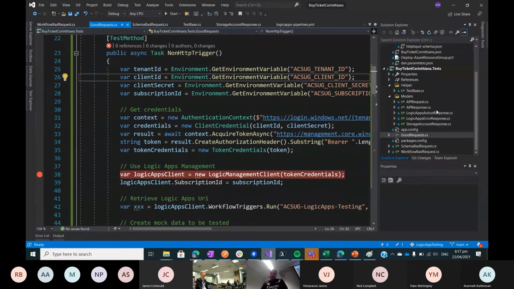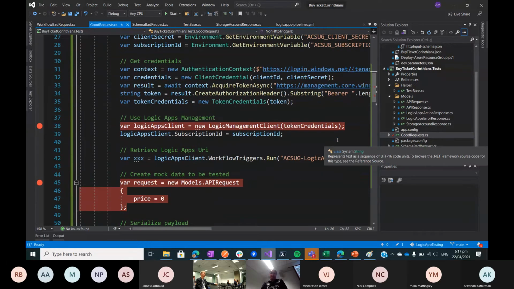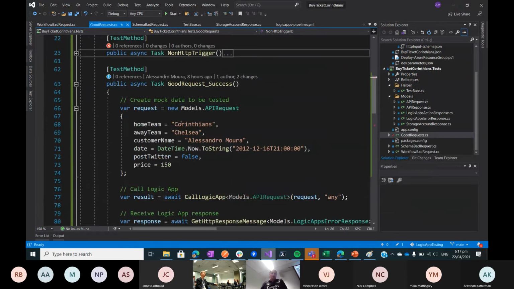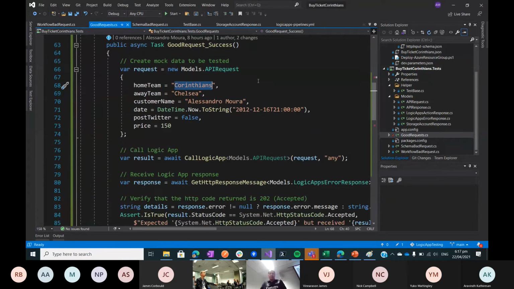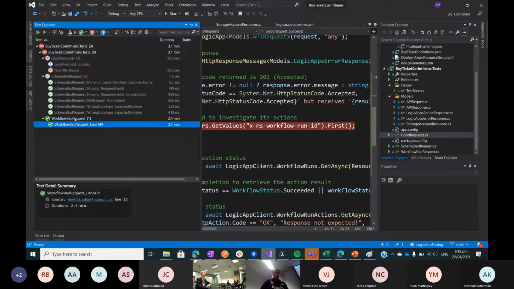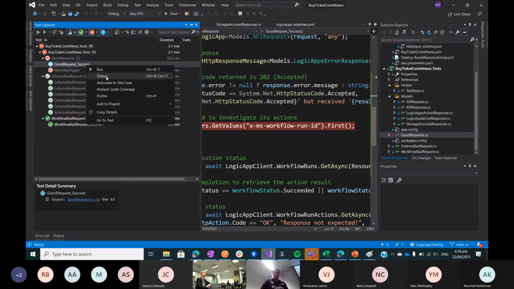And one last test. I did one test for success end-to-end. Not this one, this one. So I'm doing one that is going to succeed all the way down. I'm specifying Corinthians, I'm specifying Chelsea, and I'm specifying a specific date, 2012, 16th of December. That's when Corinthians played against Chelsea in the Club World Cup and won the Club World Cup. So that's why this date is here, and that's why the request is going to succeed. Okay. If I make the call on this one,